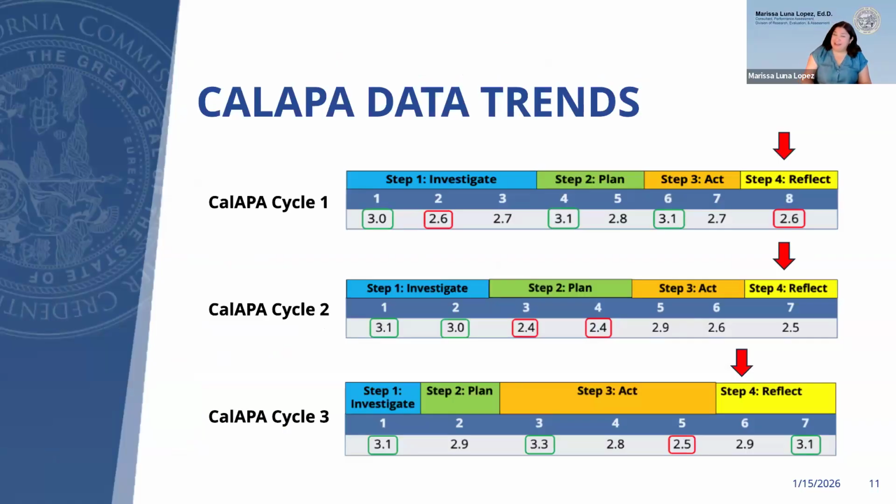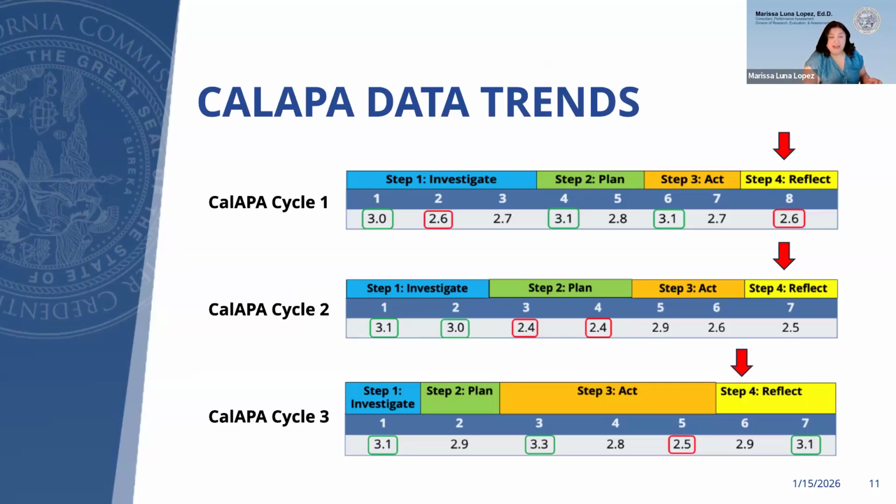All right, so some CalAPA data trends. And the red arrow is the section that we're going to talk about today. So what was done is all of the administrator performance assessments that have been submitted in this academic year with version 8. For APA folks, you got your stuff back in August, like you TPA folks will this year. This was August to about mid-December. That's when the data was cut off. And so the average scores are listed for each rubric here. And the green boxes were the high points, and the red boxes were the areas of concern.